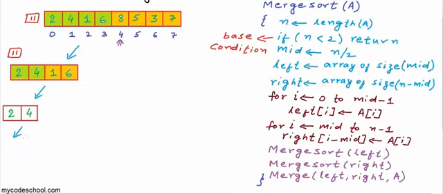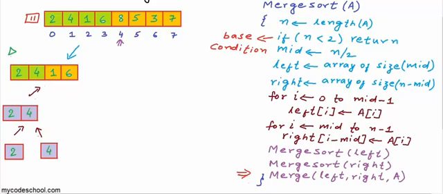Now for this particular array with just one element, this base condition will be true. So this call will simply exit. And now for this guy, this array with 2 elements 2 and 4, this second recursive call will be made with just this element 4, which once again is the base condition. And now once both the recursive calls for this particular sublist with 2 elements return back, merge function will be called, and then this guy will finish,